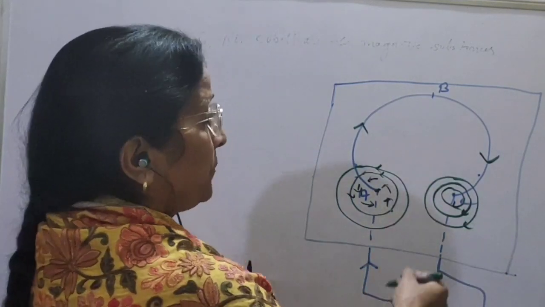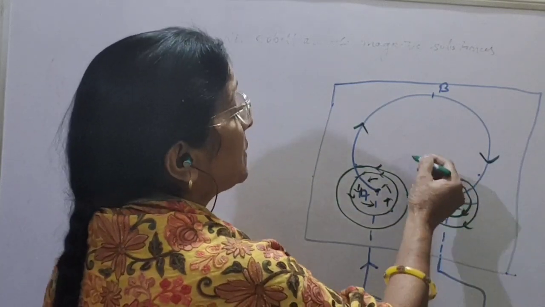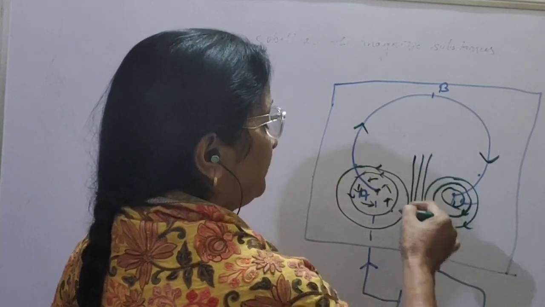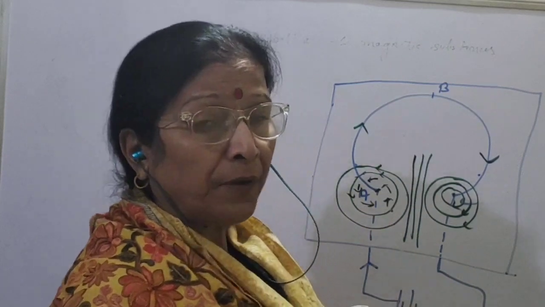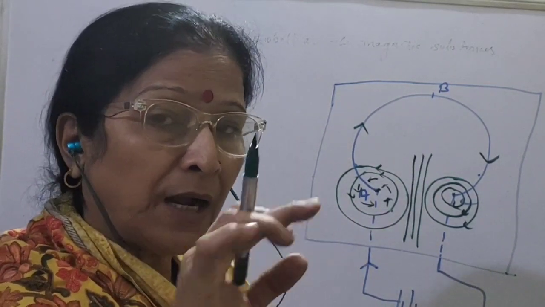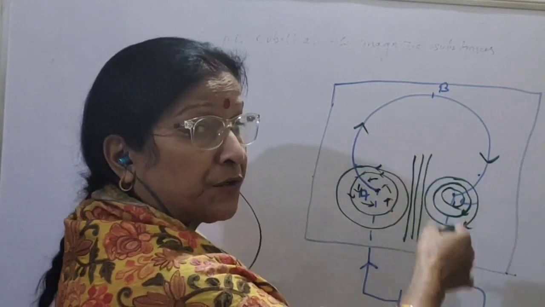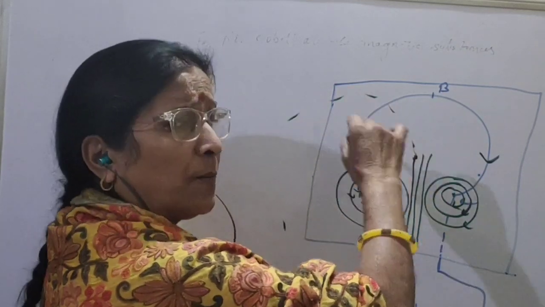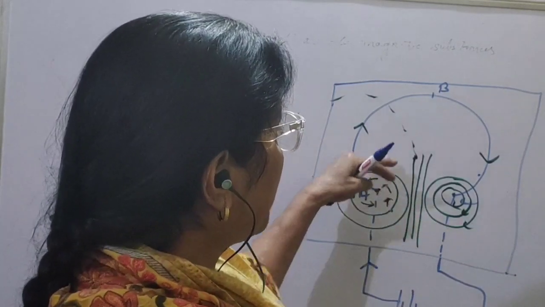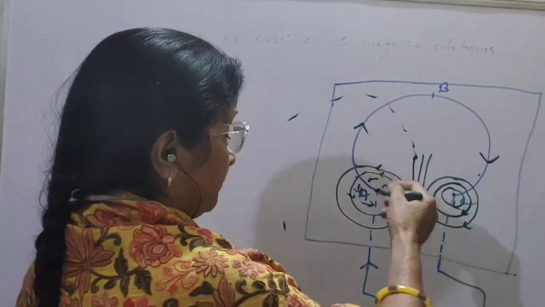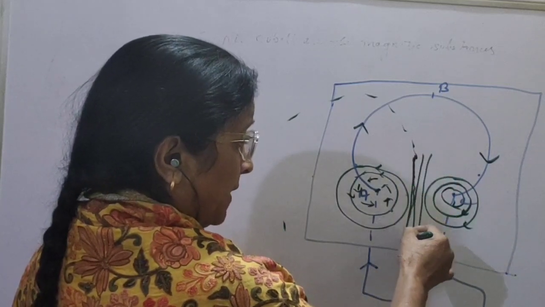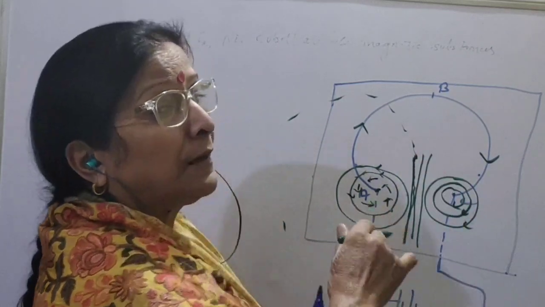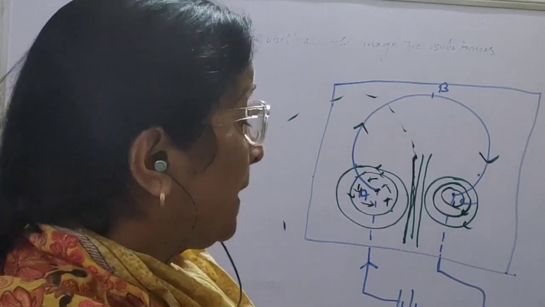Now if we plot the field lines at the center of the loop, we find that the field lines are parallel to each other. These field lines are supposed to be a part of a large size circle, so they appear to be a straight line. Like this, a circle will form, and it won't be completed because the magnetic field won't reach till there. So this part of the field line, which is larger in size, will be like a straight line, and at the center of the loop the field lines will be parallel to each other,